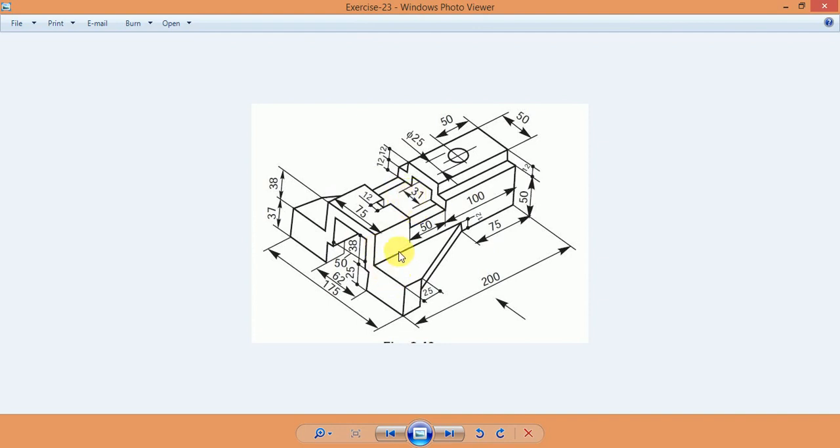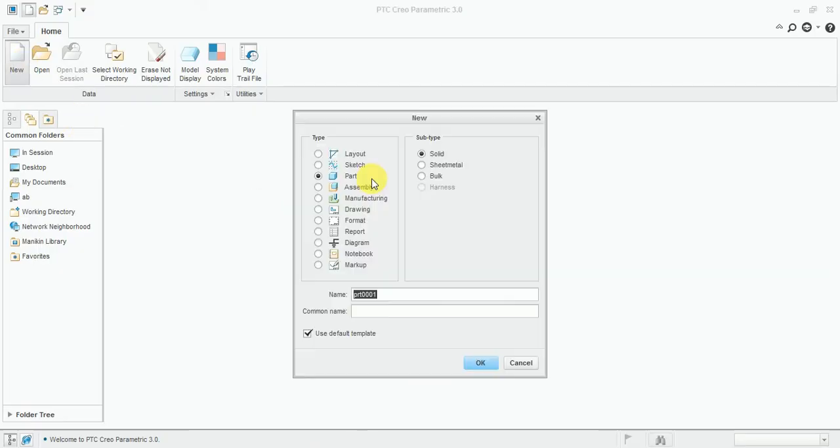Now first of all we start this sketch and draw this rectangle, 175 length and 37 mm height. So open Creo, select the part, solid part, and enter the model name exercise 23. Okay,